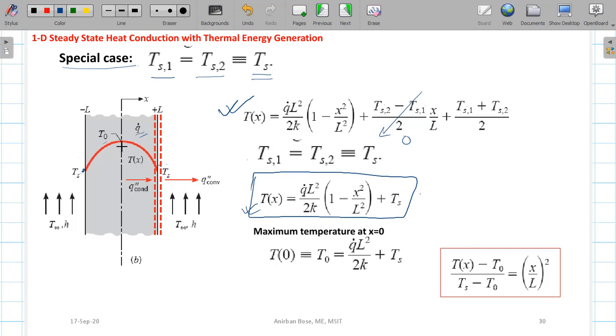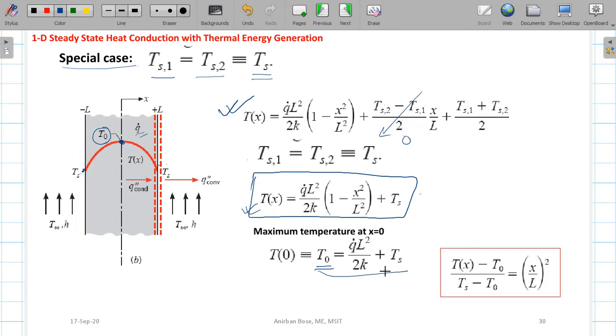Now we can find out at x is equal to 0, definitely there the maximum temperature will be there, because in all other x's this will actually decrease. It is clear from the diagram. So let us find out the maximum temperature, and say this maximum temperature is T0, which is happening at x is equal to 0. So simply put x is equal to 0, and you can find out what is the maximum temperature T0. So T0 is coming Q dot L square by 2K plus Ts. Okay, so these two